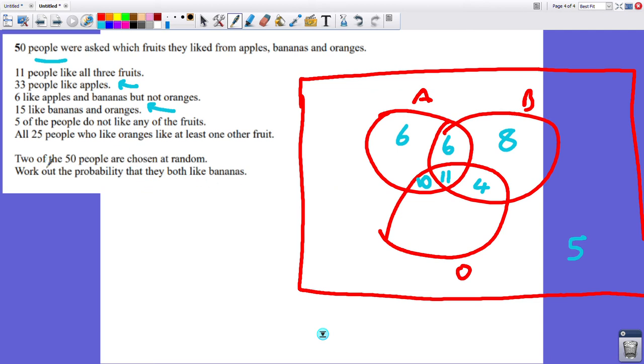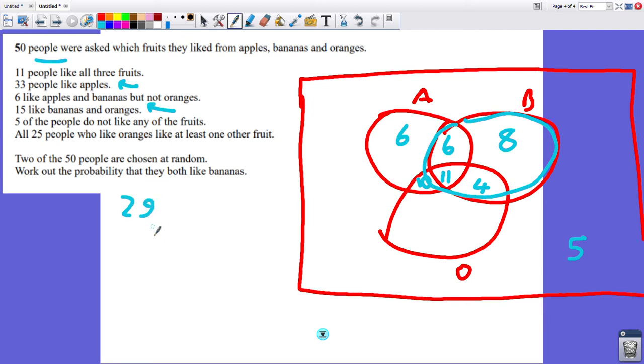The question itself says 2 of the 50 people are chosen at random. What's the probability they both like bananas? This is conditional probability because the result of the first round will affect the probability of the second round. On the first round, the number of people who like bananas is everyone in this circle here. It's definitely not just going to be 8. It's going to be 8 plus 4 plus 11 plus 6, which comes to 29